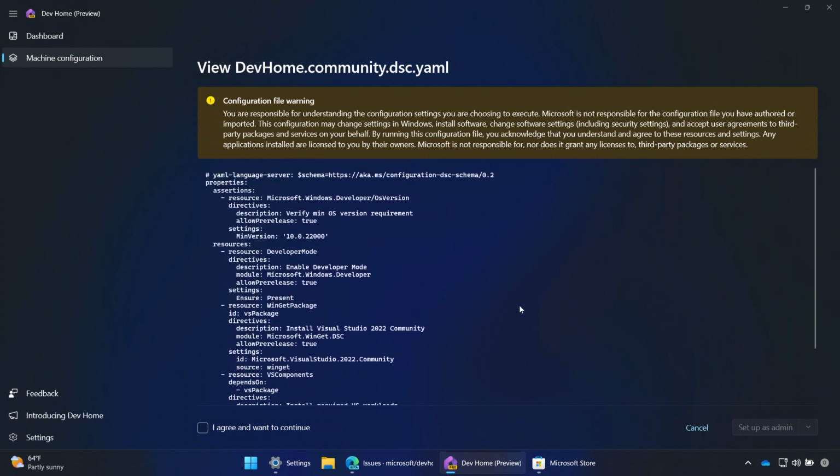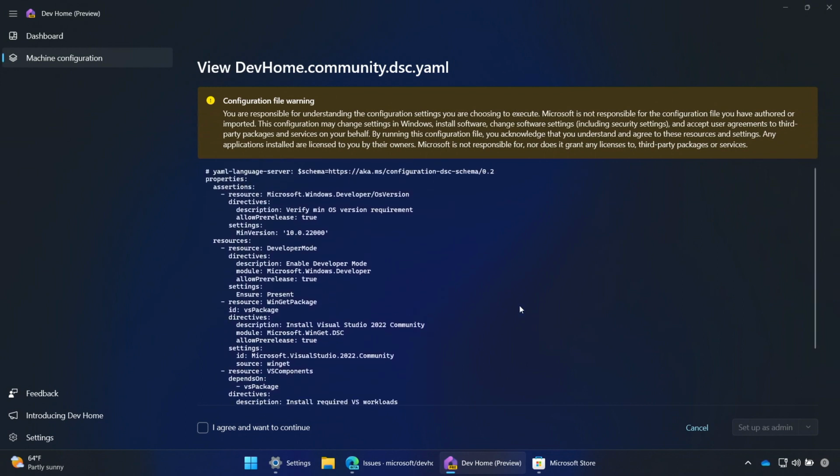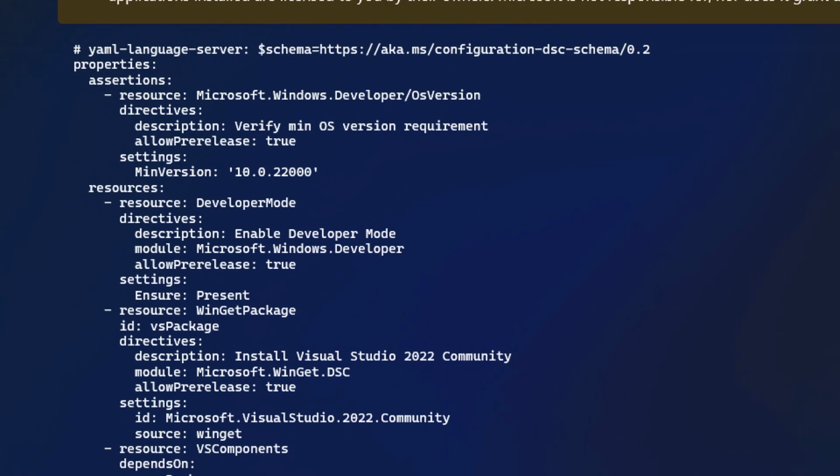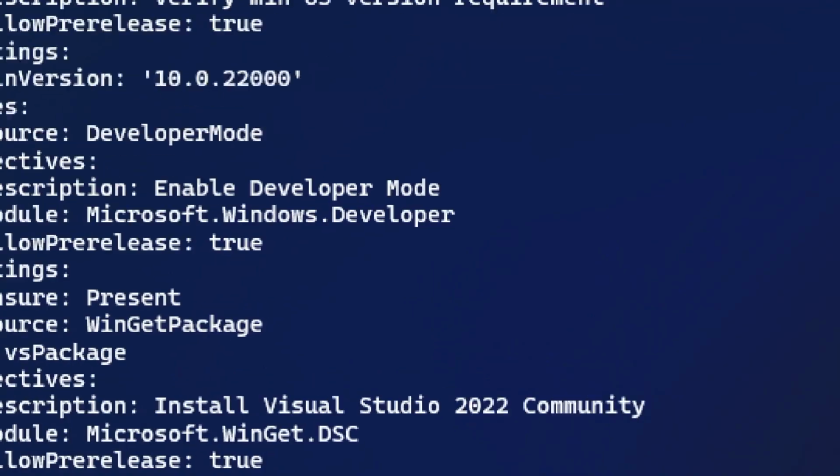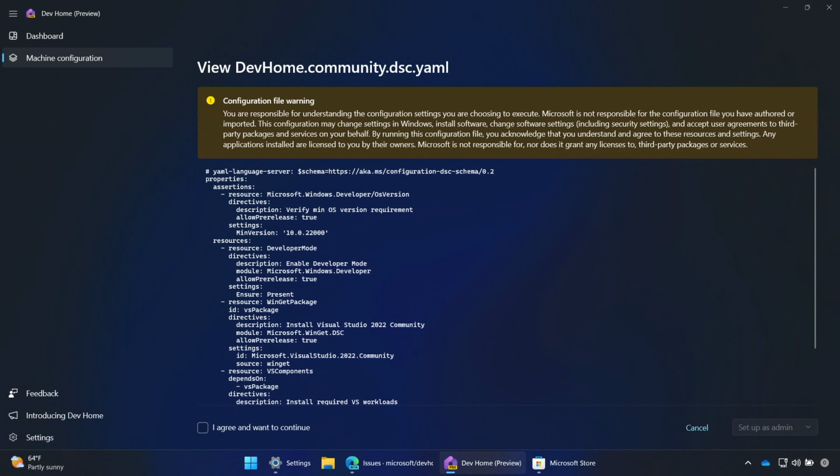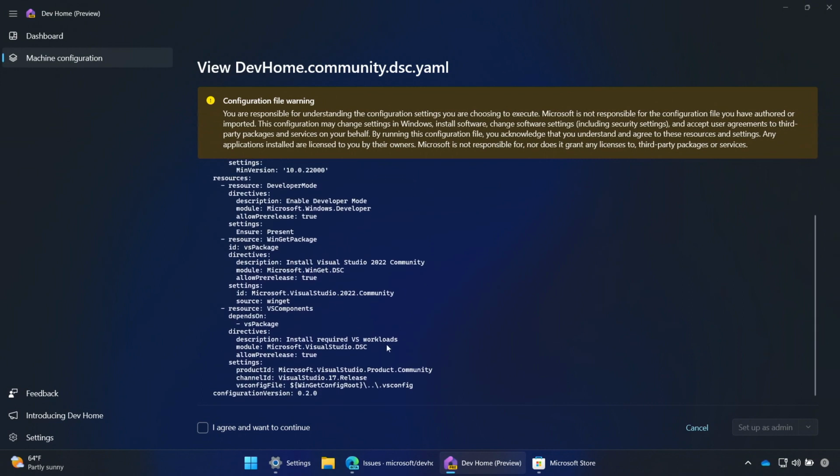So the configuration file is a YAML file. This is chosen because it's readable, and it also aligns with the Widget manifests as well, which are also YAML files. So here you can see that we are going to do a couple of things, which includes checking your minimum OS version, ensuring that you've got developer mode enabled, and installing Visual Studio,